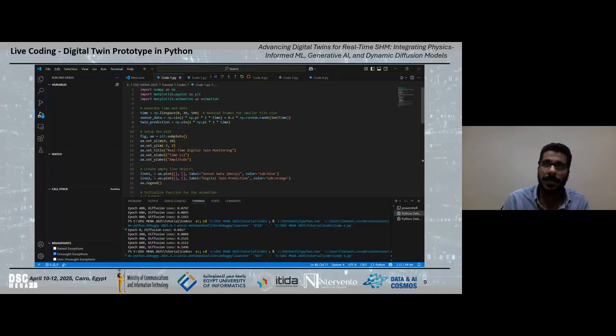This is the same concept you can use when you have numerical data for your bridge, and once you have real-time data from the sensors, you can start running the model to try to predict the anomalies. So far, any questions before we start the practical coding?